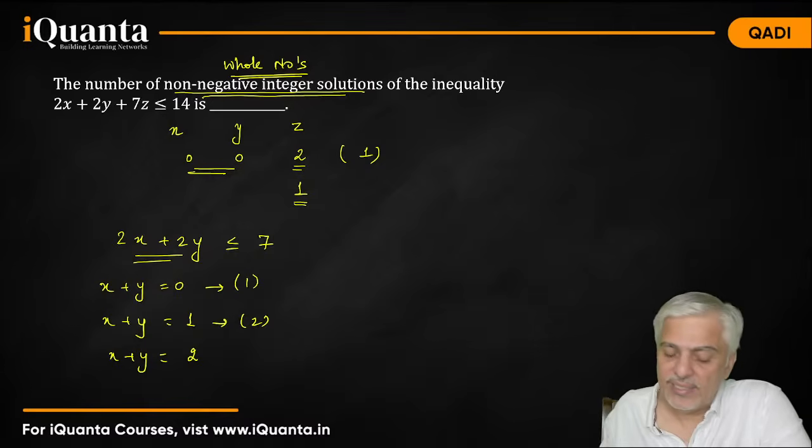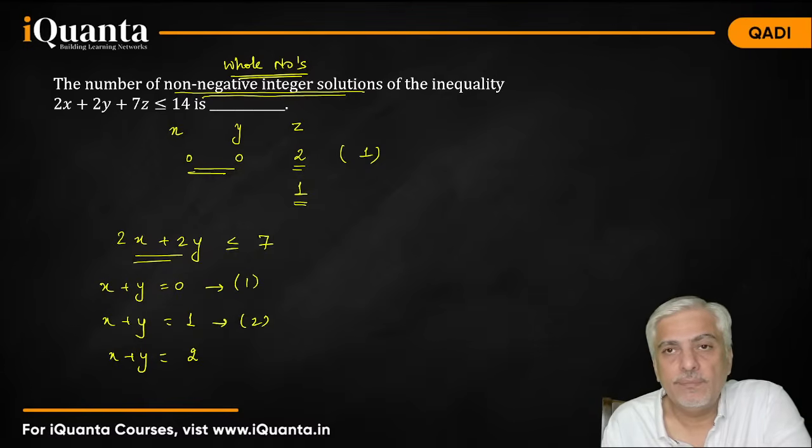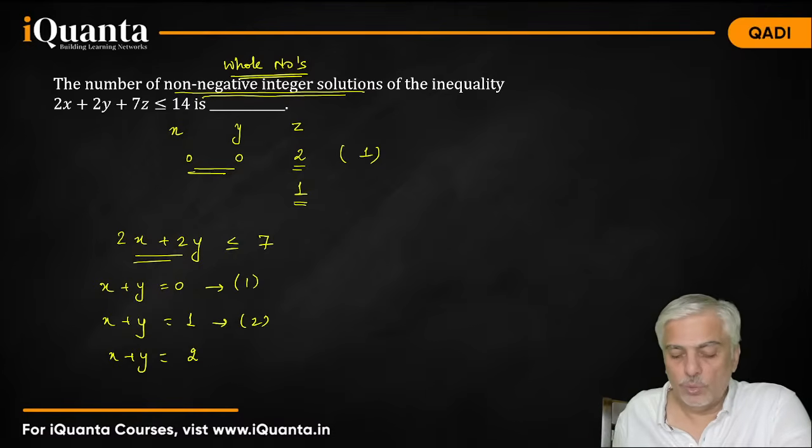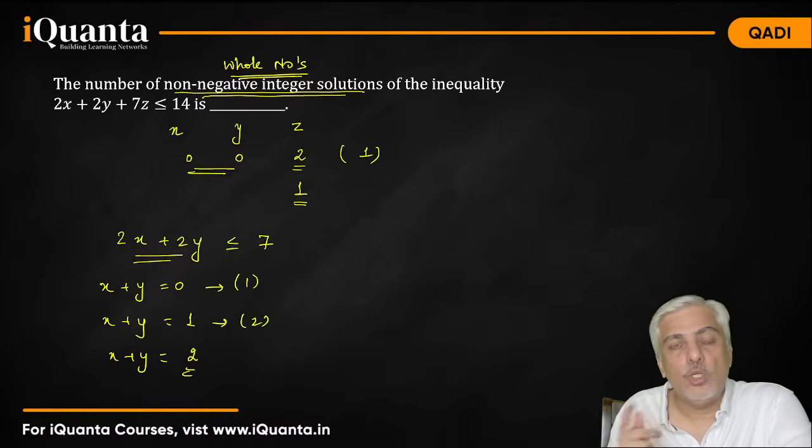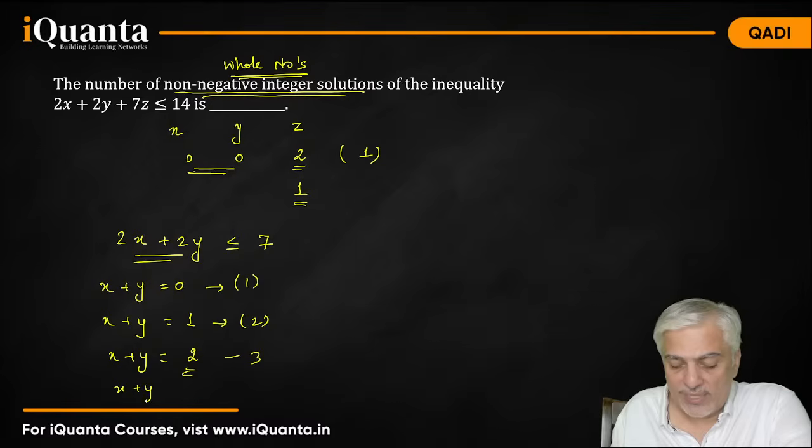yeah, we can do PNC. Think a little bit. So, x plus y is 2. What will you get? You will get 2, 0, 0, 2, 1, 1. So, 3 cases. And when x plus y is 3,